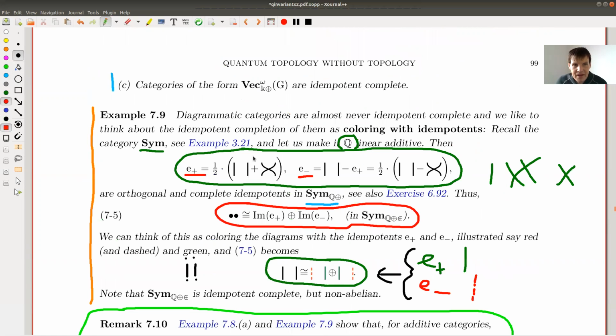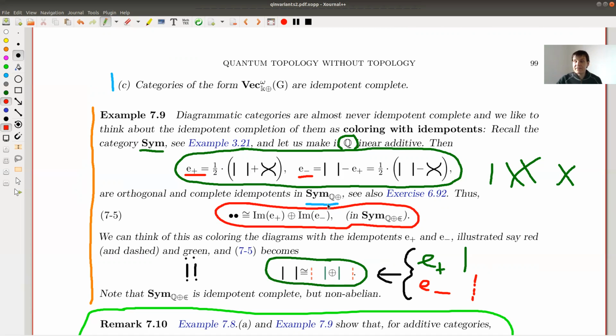So here is a nice example of an idempotent complete category, which is not abelian, and that's really great. I mean, abelian envelopes are hard. Additive envelopes, K-linear envelopes are okay, and idempotent completion is also okay. So this is as close as it gets to being able to do some homological algebra with diagram categories without doing some more complicated yoga. So this is kind of the easiest thing you can imagine. Just coloring things was important.